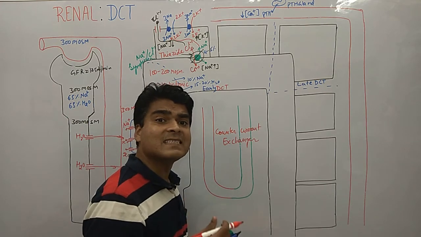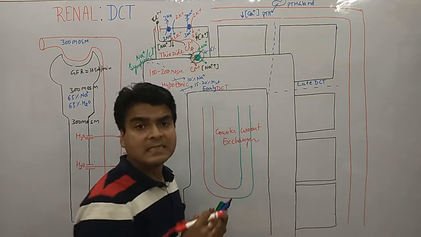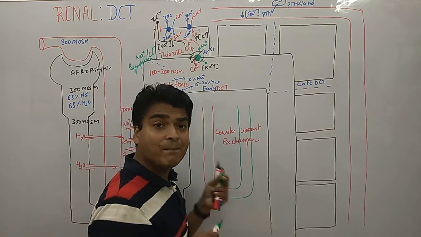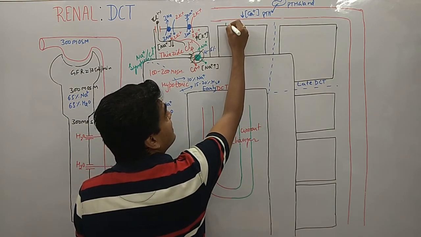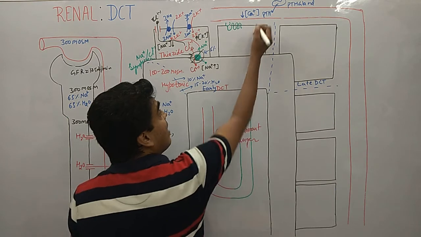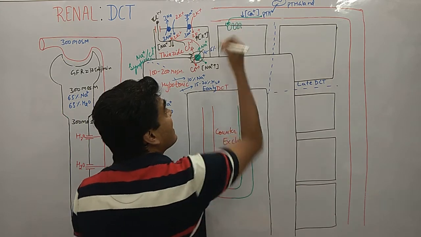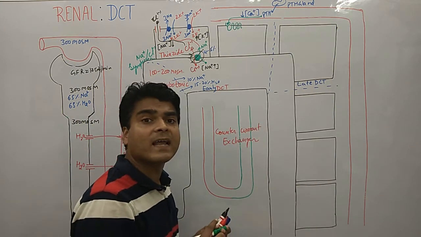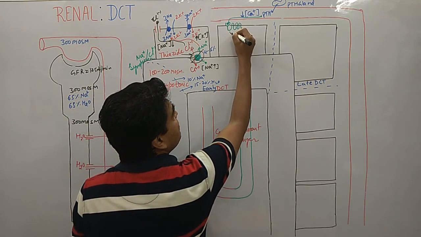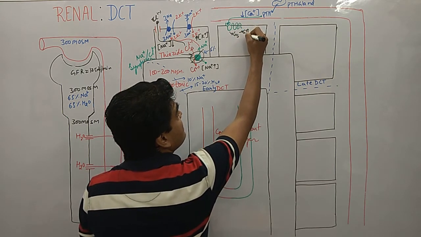Now it gets the message that it needs to absorb calcium from the tubular region. Okay, so what happened here? We have a specific receptor for parathyroid hormone, and this is a G protein coupled receptor. Now the parathyroid hormone comes to this area and binds to this receptor. It activates the G protein, Gs, which converts GTP into GDP.